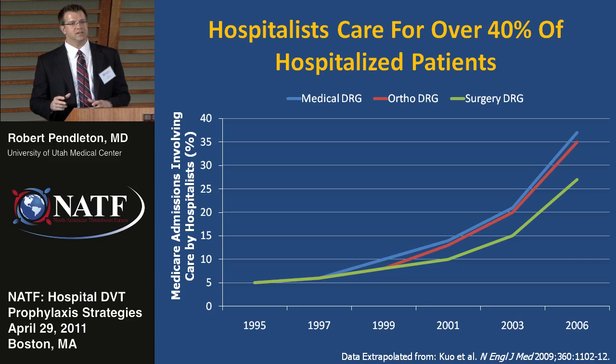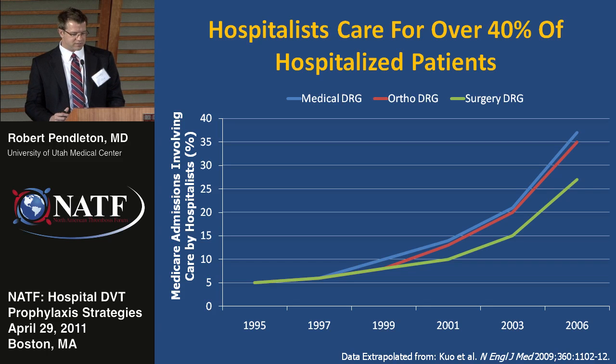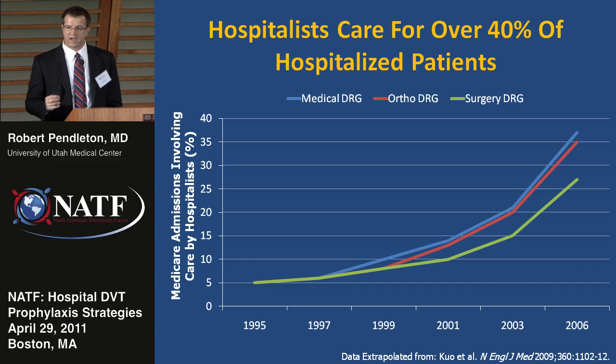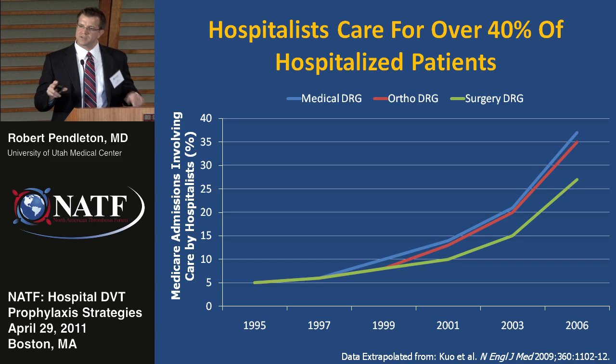And as you would predict, with increasing numbers of providers and scope, the percent of patients that hospitalists care for has risen dramatically along with that. Currently, well over 40% of hospitalized medical patients are cared for by a hospitalist physician like myself. But what many people don't realize is that hospitalists don't just care for sick medical patients, but in fact, hospitalists take care of over 40% of orthopedic surgery patients and nearly 40% of all surgical patients. So the scope of hospitalists is one of multi-specialty.